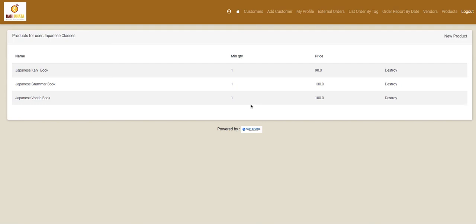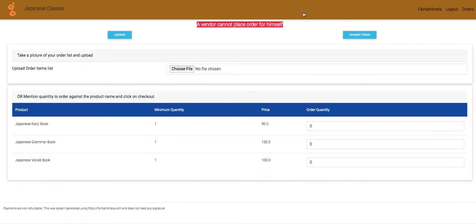Now, how does a customer order any of the things that I have for sale, right? For example, if someone has a kirana shop, then he will probably have to add hundreds of products, FMCG products that he might be having, right? Now, if I go to my profile page, you'll see that there are two ways a customer can order in your shop. One of the ways is basically the one which we saw just now, where we keep on adding the products here, and then whatever the products we have added, those will show up on your profile list, right?